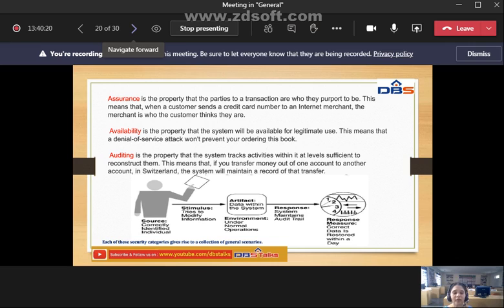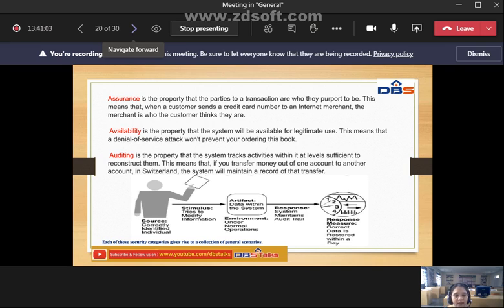So there is some assurance whenever we send our credit card numbers and information to an internet merchant. The merchants are different types of people, employers, for example, but we have some assurance from that company, whatever it may be, either an insurance company, a government policy, or other things where we are investing our money or property. They give us assurance. So we are sending our credit card details to the particular internet merchant, and the merchant is who the customer thinks they are. They give us the assurance.